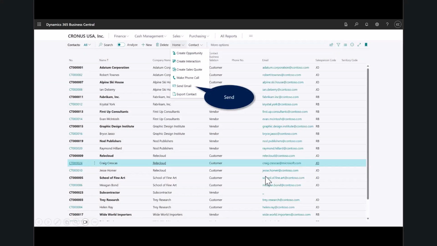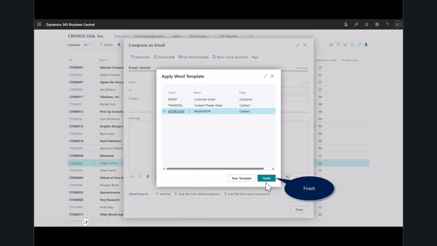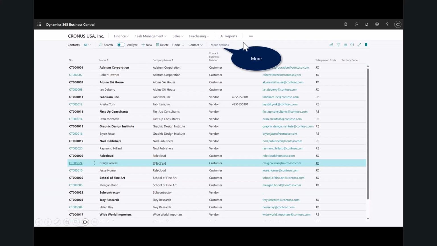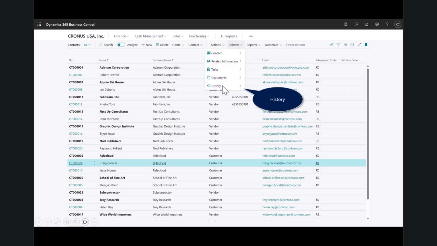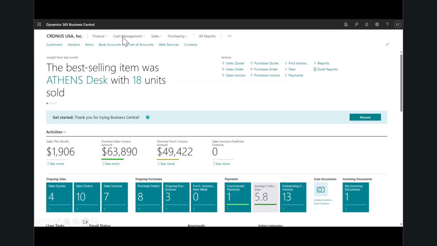So accept the defaults. Now you can come back in here, hit Send Email, and you can see where I can compose an email, but I can also leverage the template called Workshop. Hit Finish, and now you can see here it's bringing in the contact of the customer and also the contact of the sales rep. And I can hit Send Email. Then you can always go under More Options and see the history of what emails were sent out. Okay, so that's just an example of how we can leverage Microsoft Word